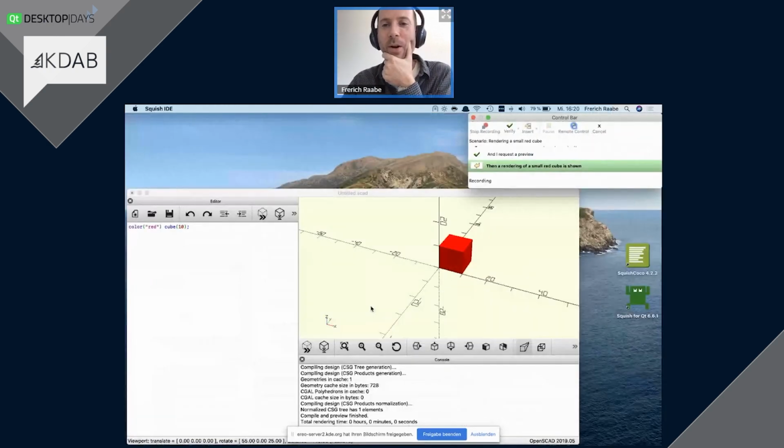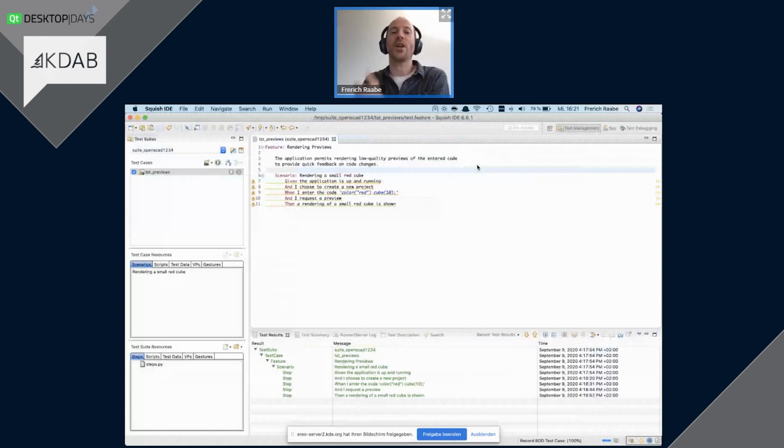And right now, we have our verification created, which means that we finished implementing this step. I will click this button to finish the recording. And now the Squish IDE comes back up, and as you can see, all the warning icons disappeared. It makes sense to have a look at what the tool did in the background.